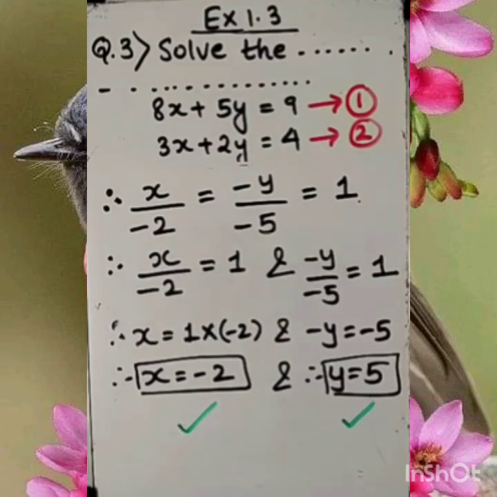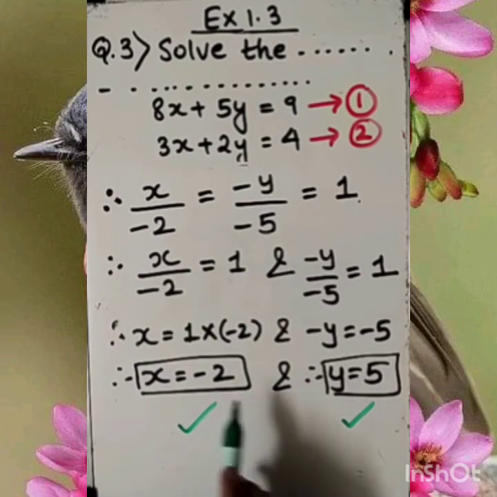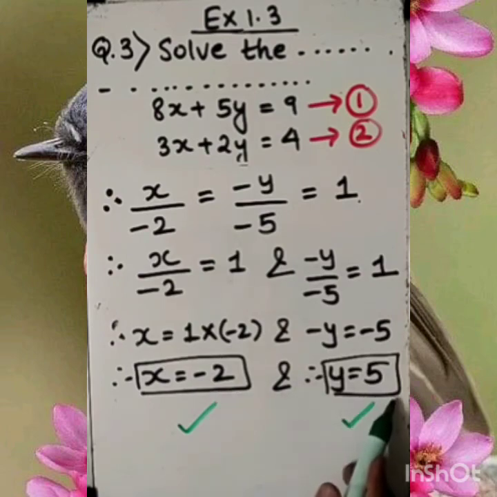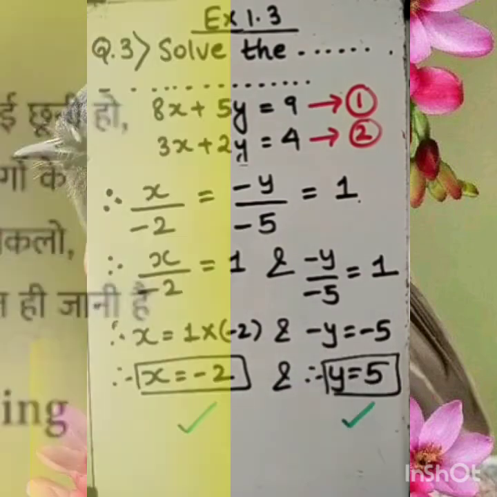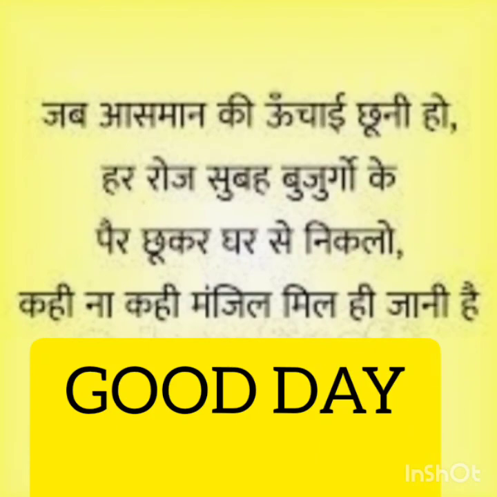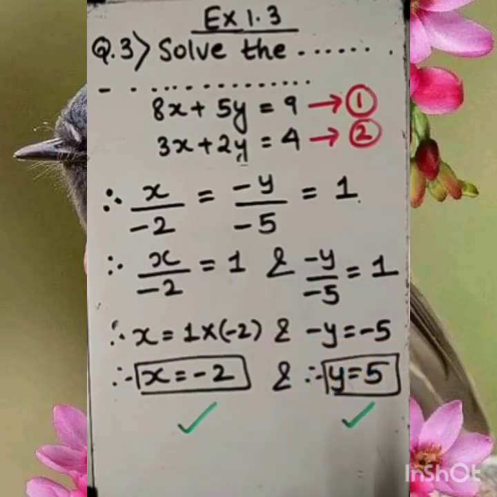Now we compare both of the methods. In the first one, the substitution method we applied, there also we got the same value of x and the same value of y. Here we are getting it through the cross multiplication method. Fine. So whichever method you apply, no issue, the answer will remain the same, that we come to know through this. Clear?